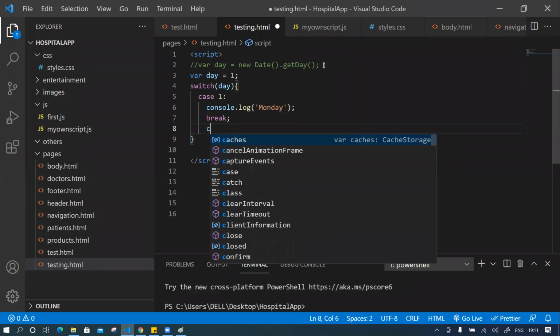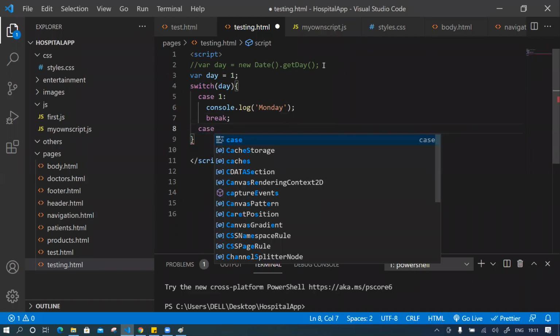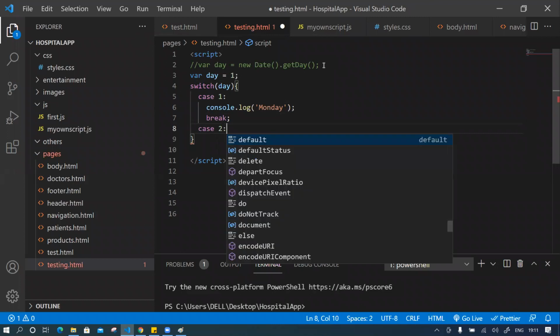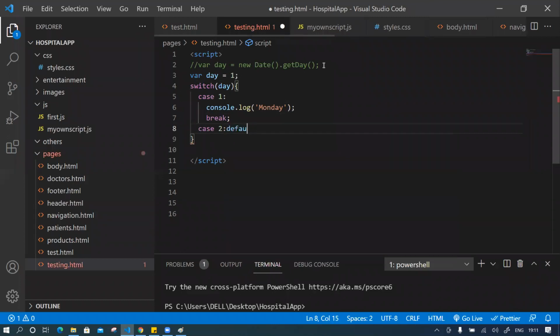Similar way, case 2, so you have to provide the